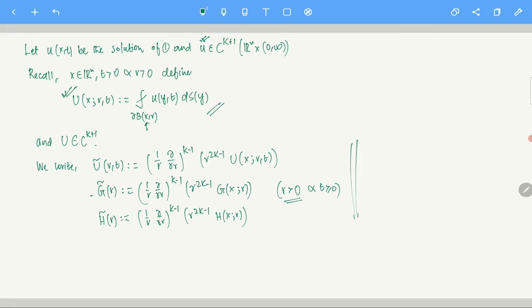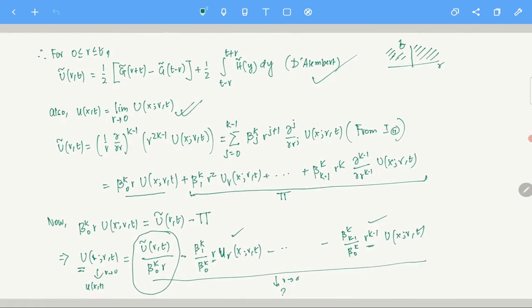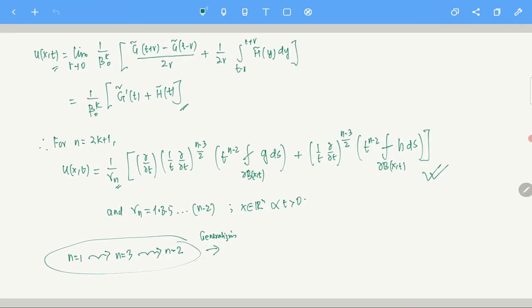So the important thing is, the last week whatever the idea we have used, this idea. Once you understand it, you can just replicate the same thing, but of course you have to have that particular form of capital U tilde, H tilde and G tilde. Fine, now you have this formula.